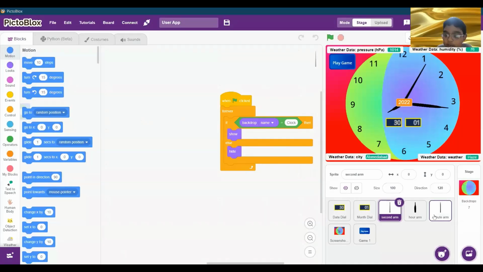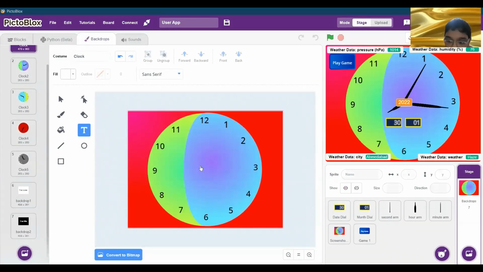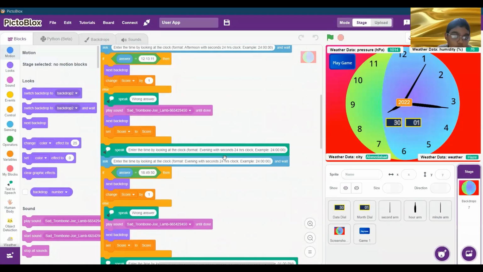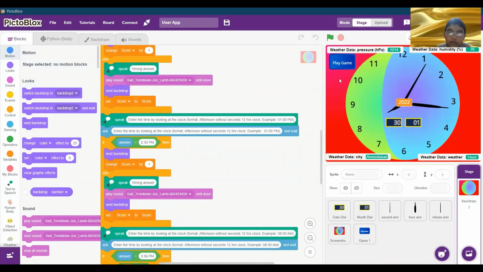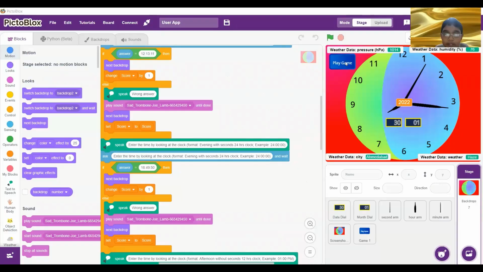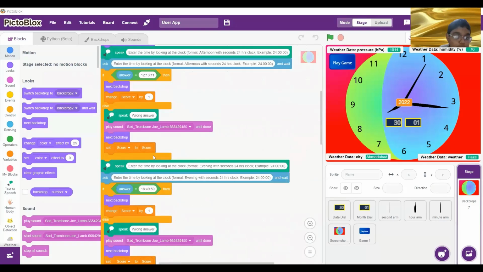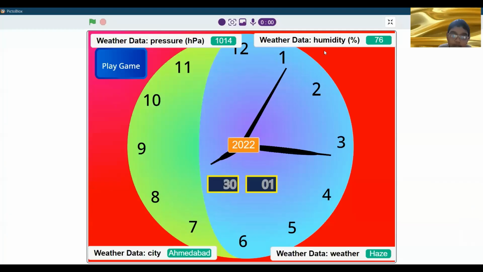So first there are 7 sprites and 7 backdrops. So everything has its own code. For the backdrop, it is the quiz code. The quiz works when you click this. When you click on this play game, then this broadcasts the message to the backdrop and the backdrop executes these commands. After that, when you click on the home button,